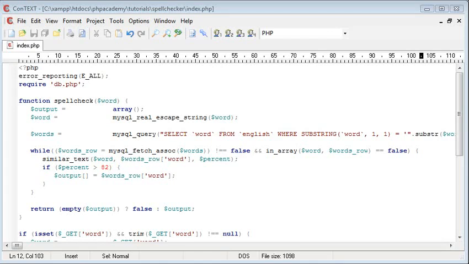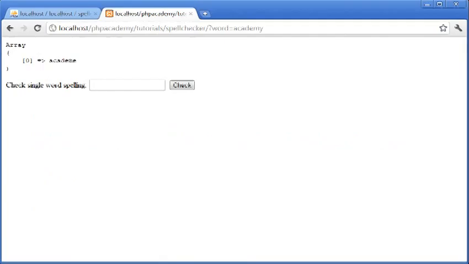Okay, so really this is just an update on the last part of the tutorial with regards to how this spell checker actually works. Now, this is the code that we were left with in the last part, and the problem here is if we were to search, for example, the word academy, which is obviously spelt correctly, we still have a suggestion returned here, despite the fact that the word academy has actually been found